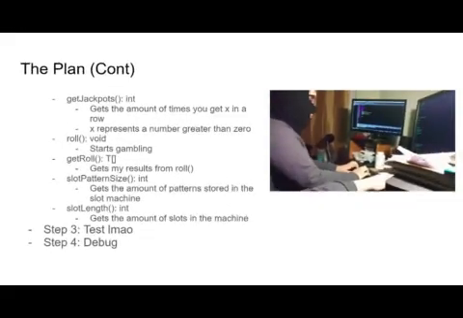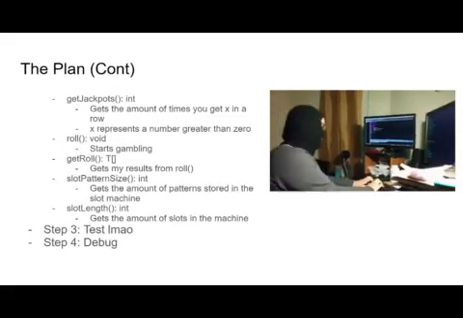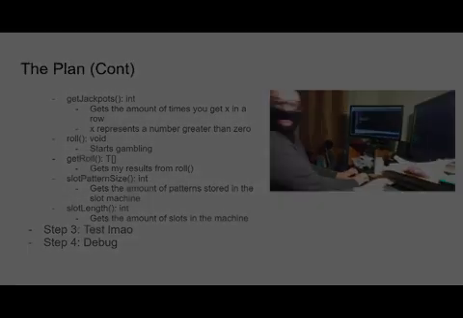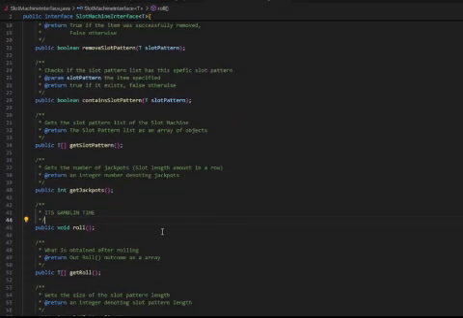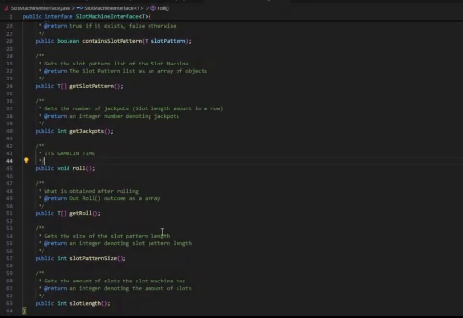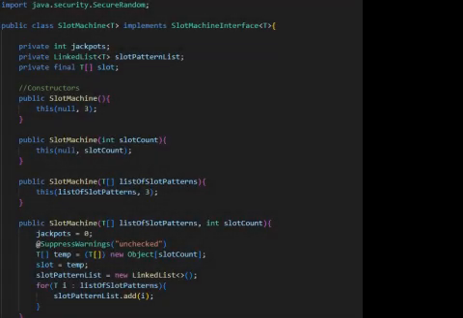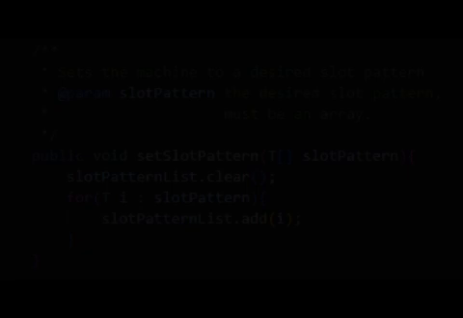As usual, we will be testing and debugging our program. Let's go to VS Code. Here is the interface, coded exactly the same as my UML. This is my implementation of the interface, with my constructors built and set with its corresponding attributes. Now I would like to go in depth to explain the more important methods.